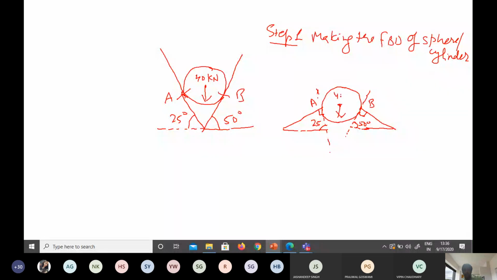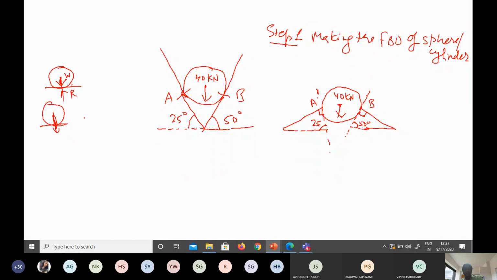Up to here, I think there is no issue. I have already told you what the reaction is. Reactions are the self-adjusting forces which come into action when two bodies are in contact. The first condition was that bodies must be in contact. Number 2, reaction always acts at 90 degrees to the surface. You remember? In the first lecture, I told you reaction always acts at 90 degrees to the surface. For example, if this was the sphere, this was the contact here, the reaction was like that. This is the reaction, this is the weight, and the reaction is at 90 degrees to the surface.